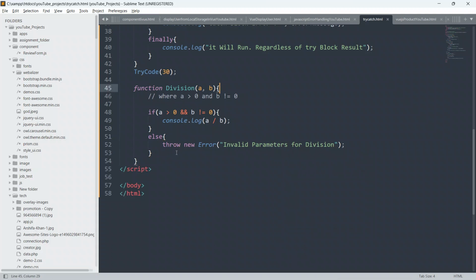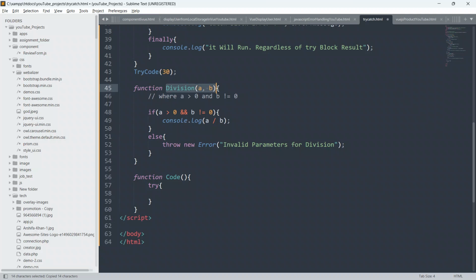Now we will create a new function called code, open curly braces, and inside this I will try. I will try this code, which might be able to throw an exception.